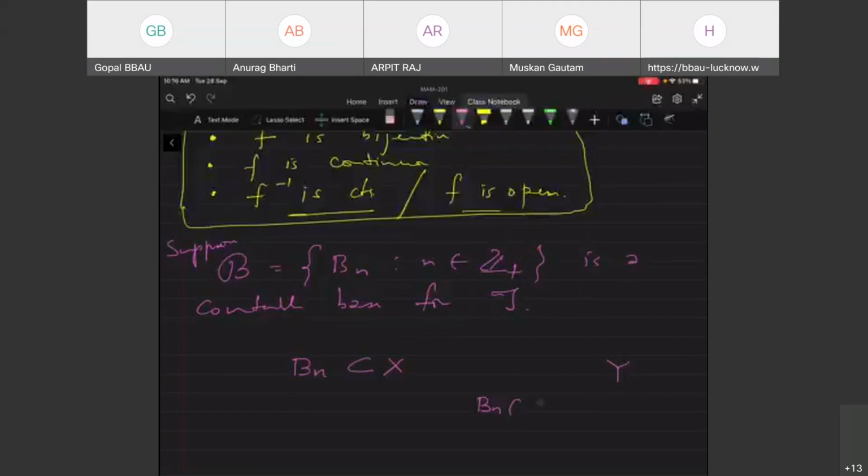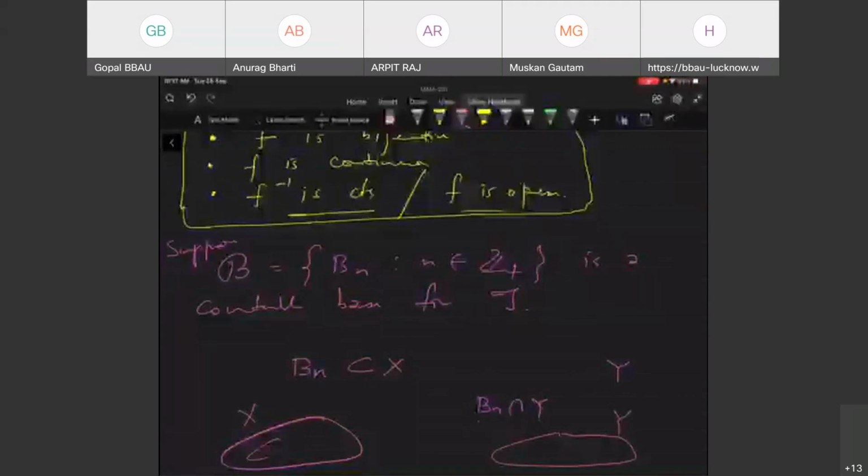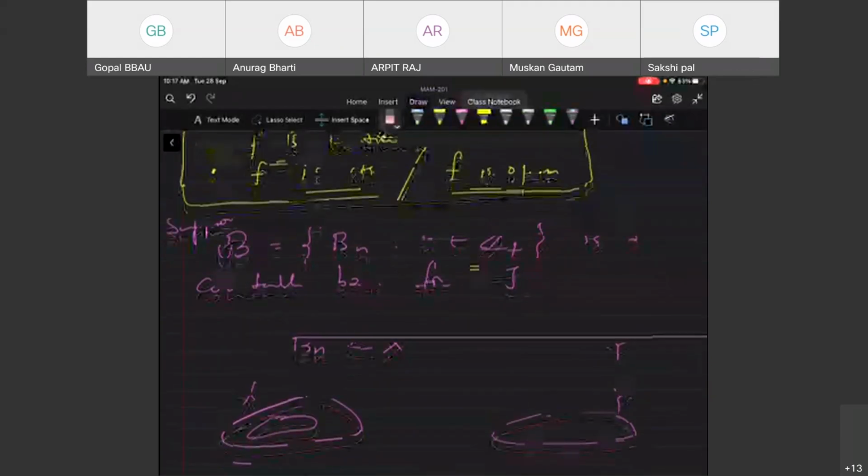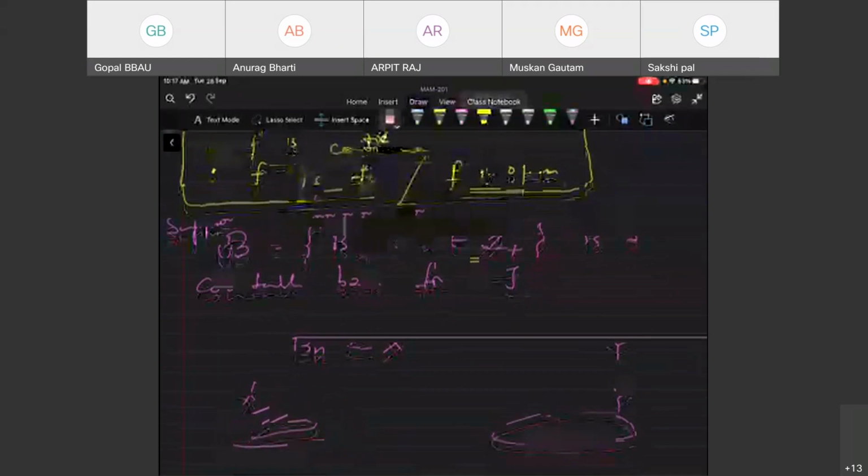आपने कहा Bn इंटरसेक्शन Y, सबसे पहली बात तो Bn Y में होगा नहीं। ये X है, ये Y है, यहाँ पर मेरा Bn है। आपका Bn इंटरसेक्शन Y से क्या मतलब है? ये तो बहुत ही एब्सर्ड सा हो जाएगा ना। ये तो नेचुरल कैंडिडेट नहीं रहा, क्योंकि Bn को जो भी आप बेस बनाएंगे उसको Y का सबसेट होना पड़ेगा। आई बात समझ में? यस सर। होम्योमॉर्फिक इमेज ऑफ Bn, सर, अगर X का एलिमेंट सबसेट है Bn, तो इसका जो इमेज होगा वो Y में होगा। ओके, गुड, बहुत बढ़िया।